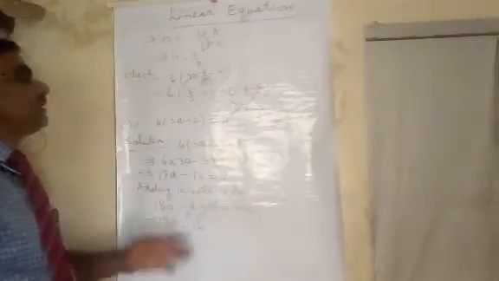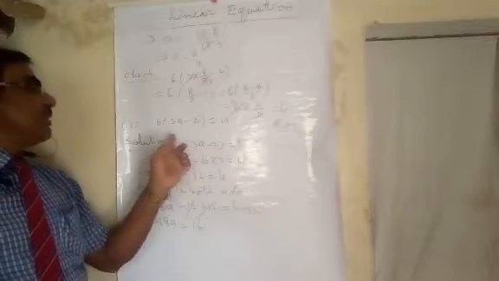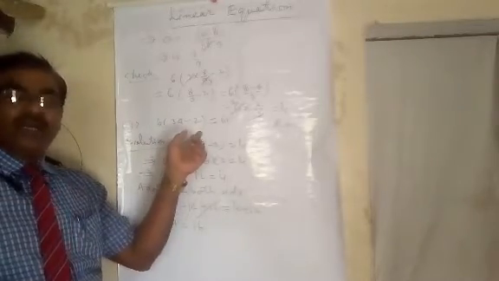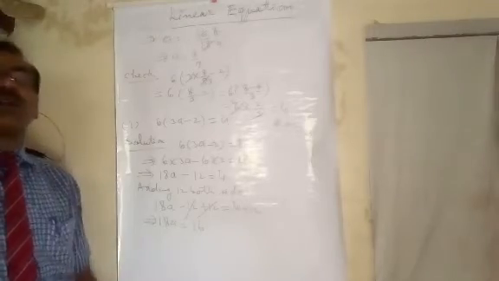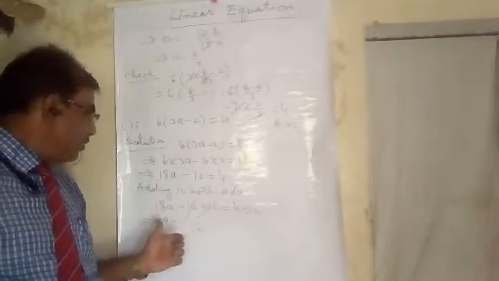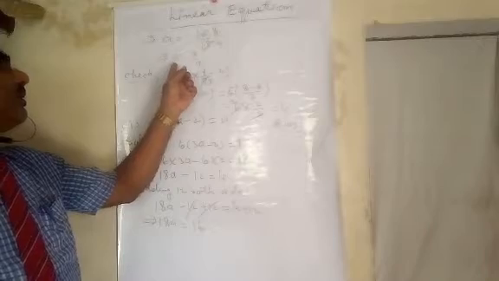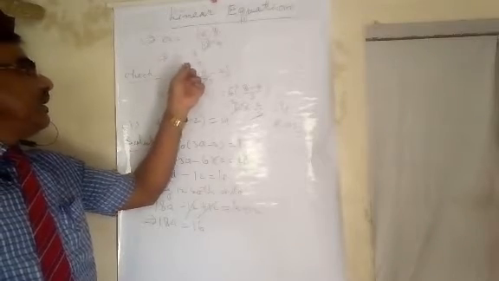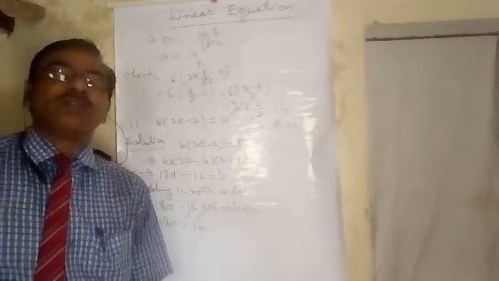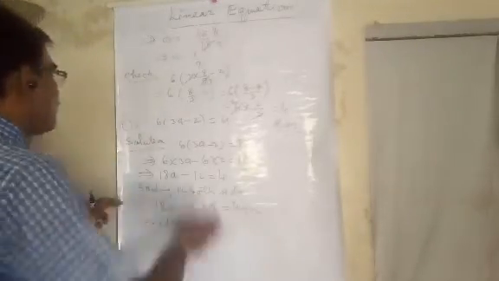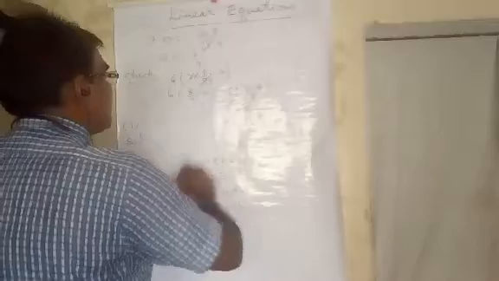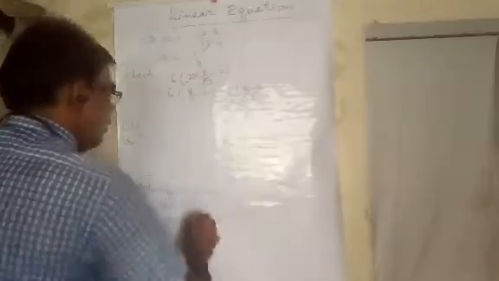We see that when we put a equal 8 by 9 in this equation, we get right hand side 4. Therefore, our value of a equal 8 by 9 is correct. Now, the next question of this exercise 4.1.